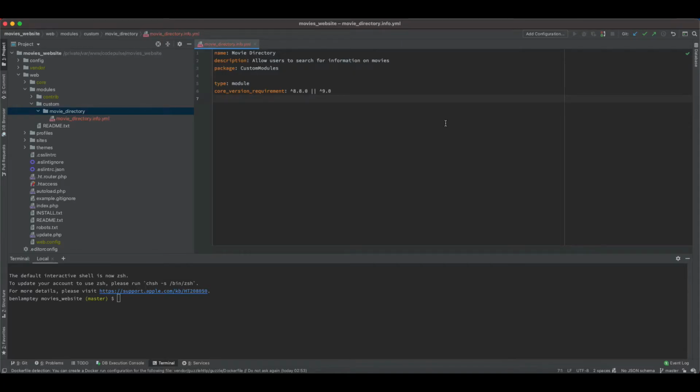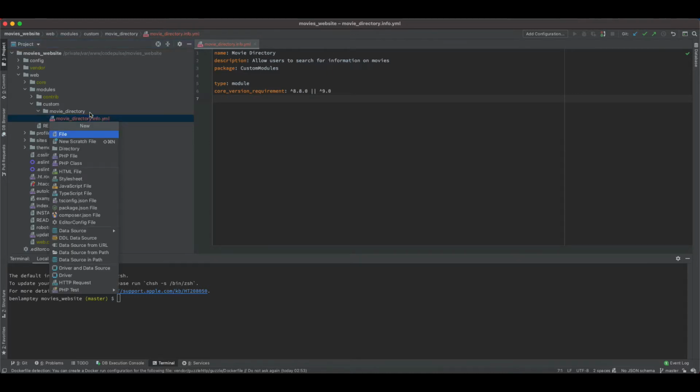Now that we have enabled our module, the next thing we want to do is create a custom page where we will be displaying our movie listing. In order to do that, the first thing we have to create is our routing file. So if you come back to your module directory, you want to create a new file, and it should